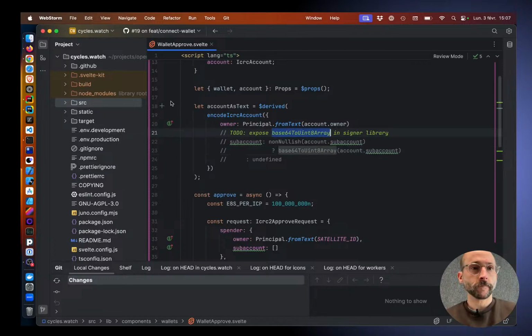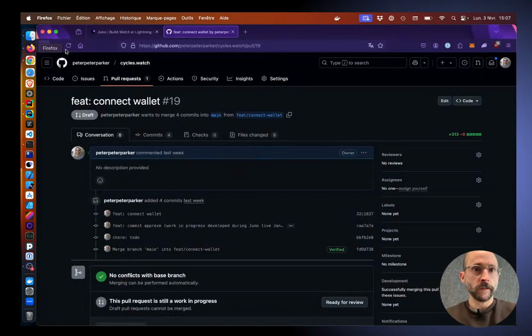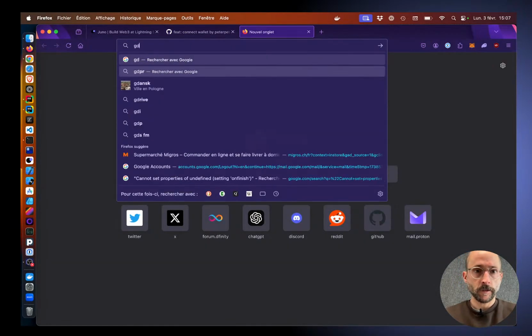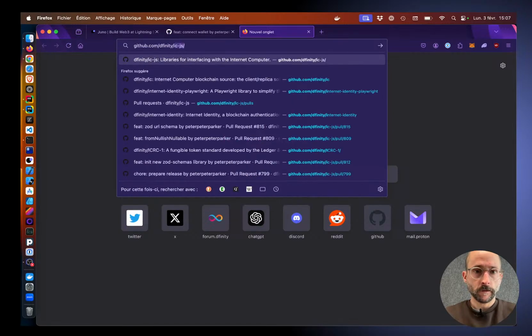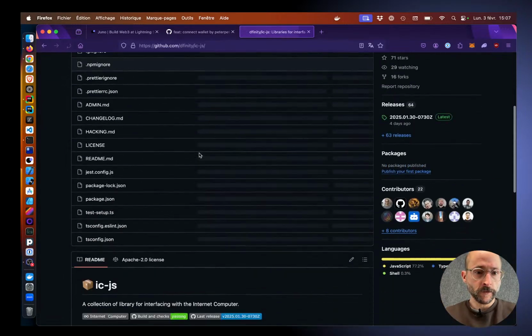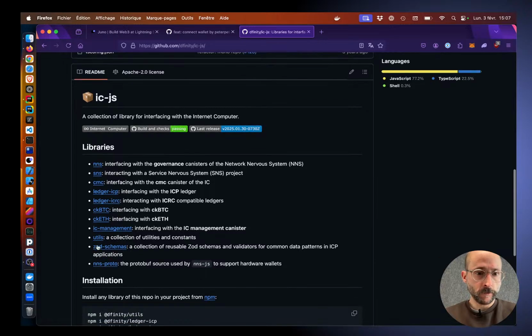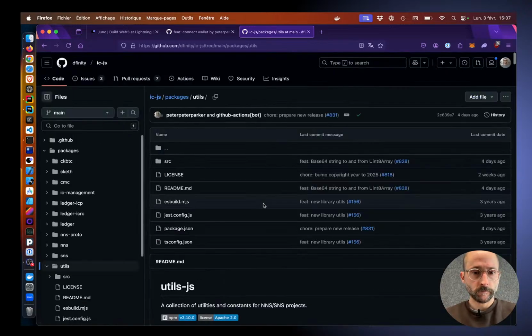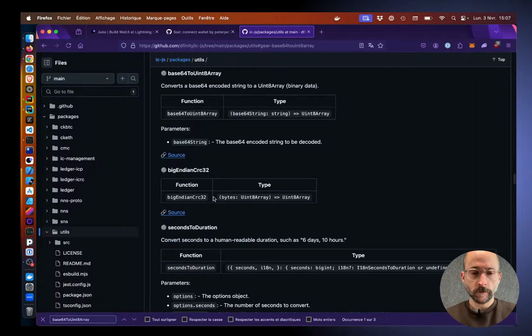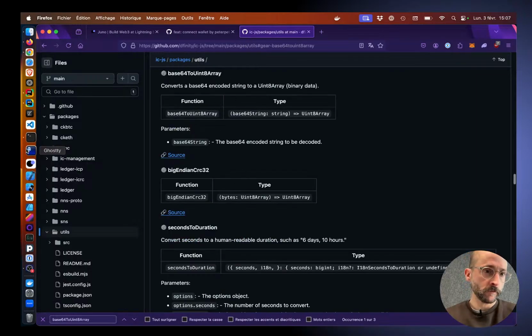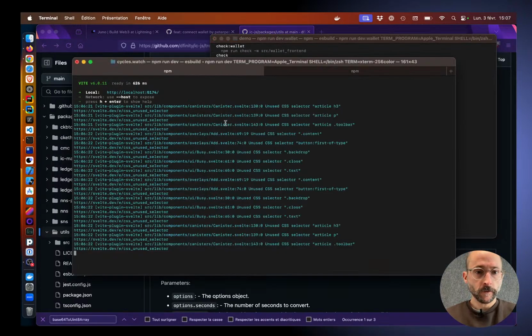So this function, we added it to the utils library of ICGS. This function is now part of this. Therefore, we can